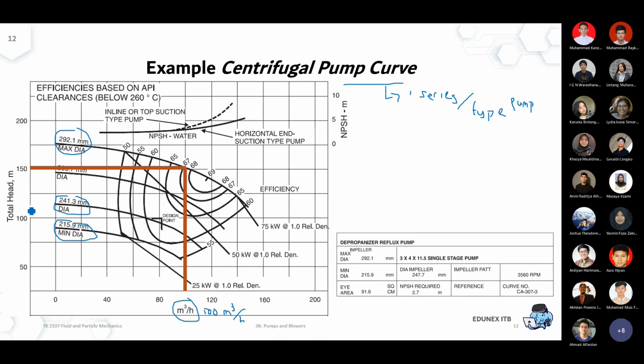What kind of pressure differential will be required in your plan? Okay, so I will give you two examples here. Let's say you just need around 60 meters of head, then you can simply buy the smallest impeller diameter. But if you need something close to 150 meters at the same capacity, at the same 100 cubic meters per hour,